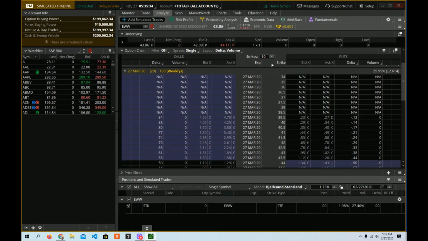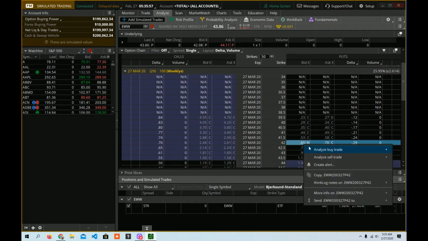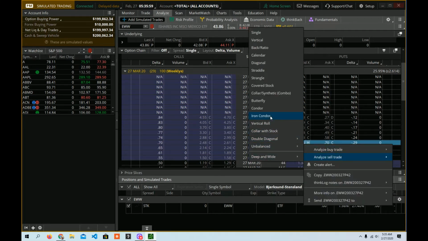All right, so I have 50 strikes from yesterday's video, which if you didn't catch that, I'll link to that above there. Check out that card if you want to go see yesterday's. You can still put that on. I think it's the same value as yesterday. So there's the 42. It's 65 cents. So if I right click that, choose Analyze Sell Trade and choose Iron Condor,